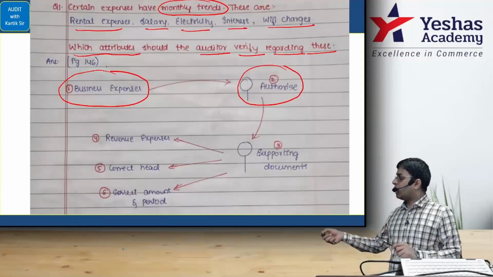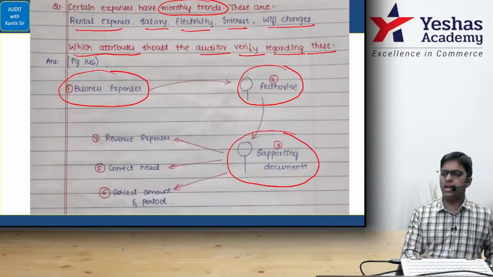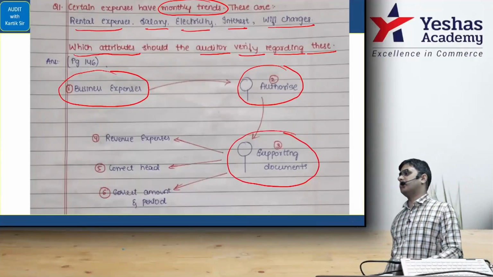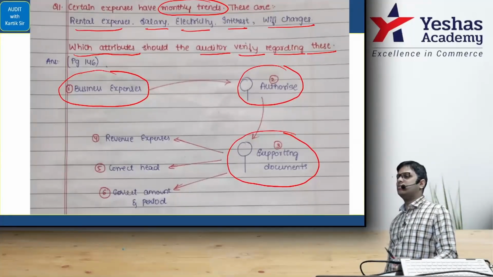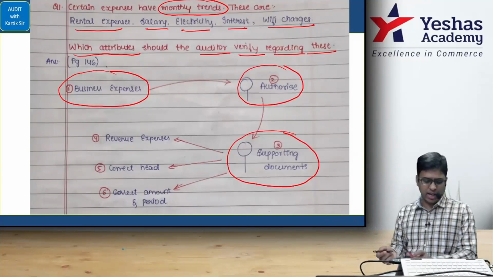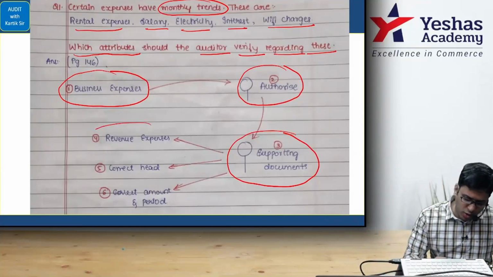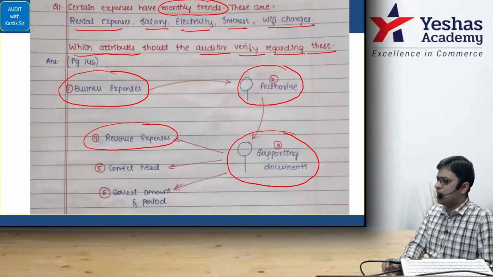Third, regarding that expenditure, some person should maintain the supporting documents. Regarding electricity, what is the supporting document? There is a bill. What about Wi-Fi? Wi-Fi bill. What about rent paid? The rent agreement. So the supporting document should be in place. Next, these expenses should be revenue expenses only, so we should not by mistake treat them as capital. Monthly expenditure will be revenue.